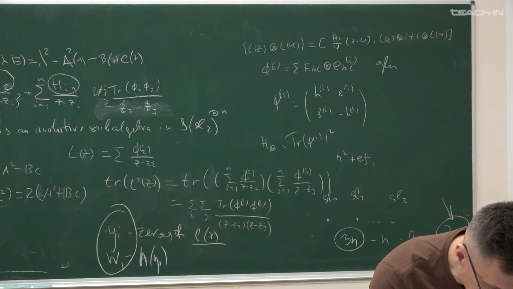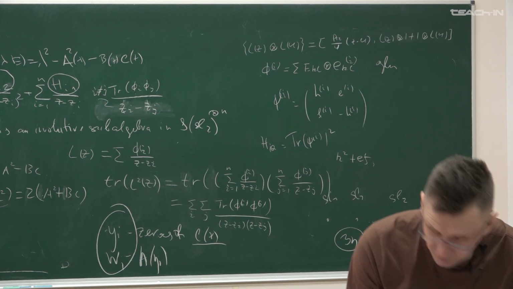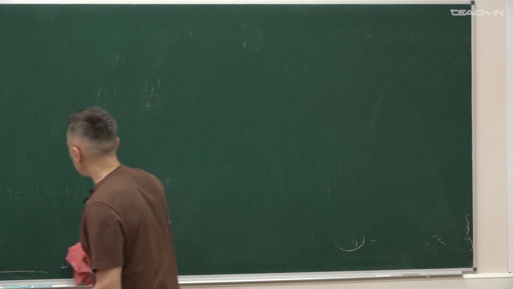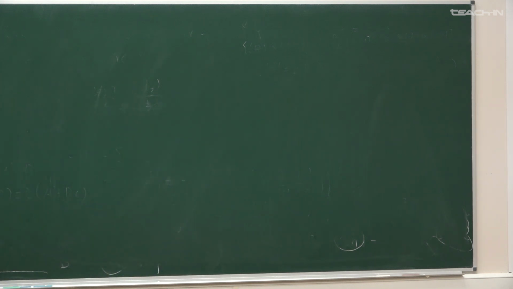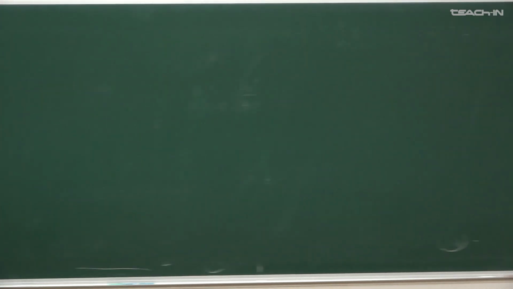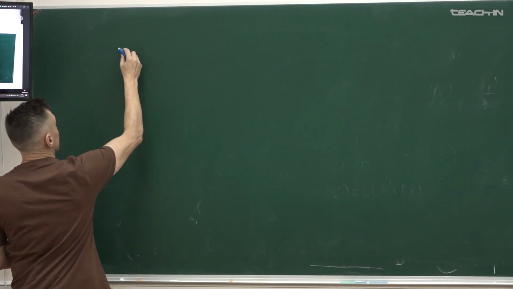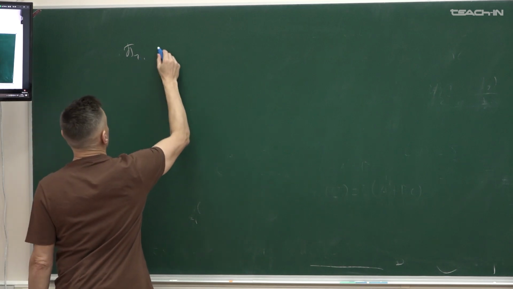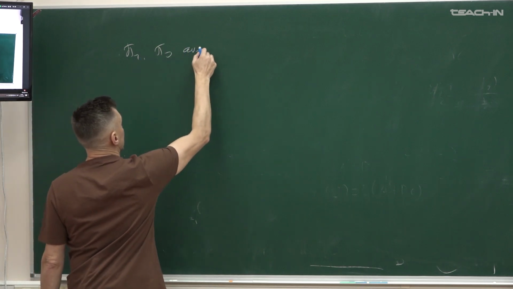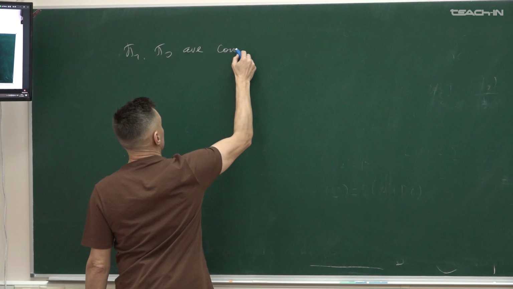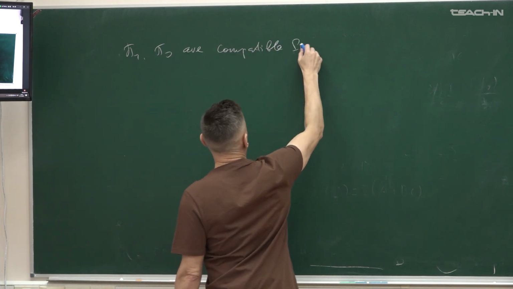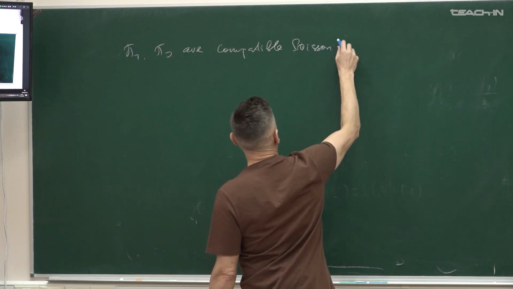About the bihamiltonian formalism. And the first problem will be to work a little bit with the Schouten condition. So let's remember that P1 and P0 are compatible Poisson bivectors